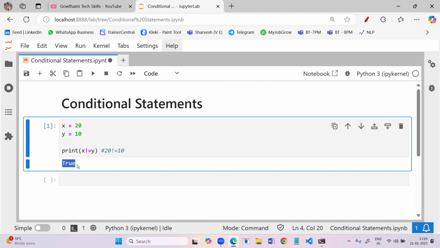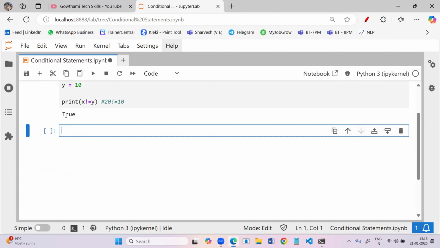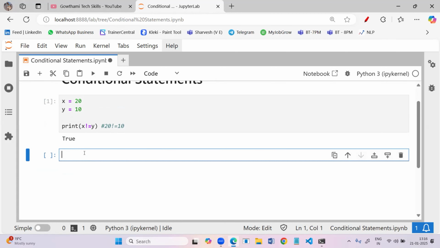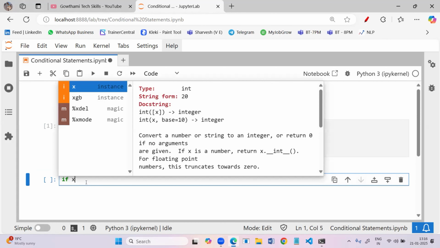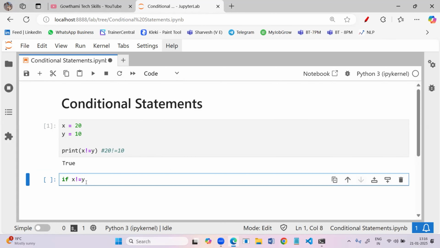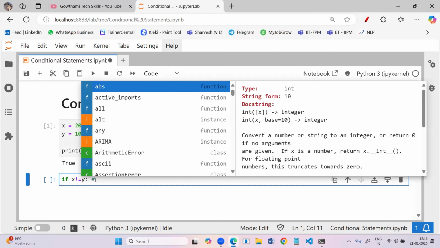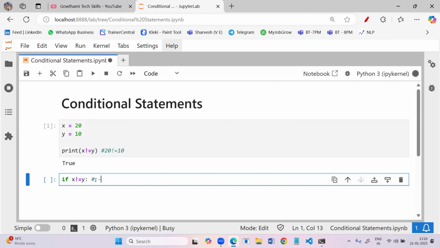What is the output it is returning? True. So instead of getting the Boolean values, I need to get the statements. Then what can I do? You can make use of the conditional statement, that is the if keyword. So see here, if x not equal to y. To represent the block of code, you should use the indentation symbol. This colon symbol, I can say, is for